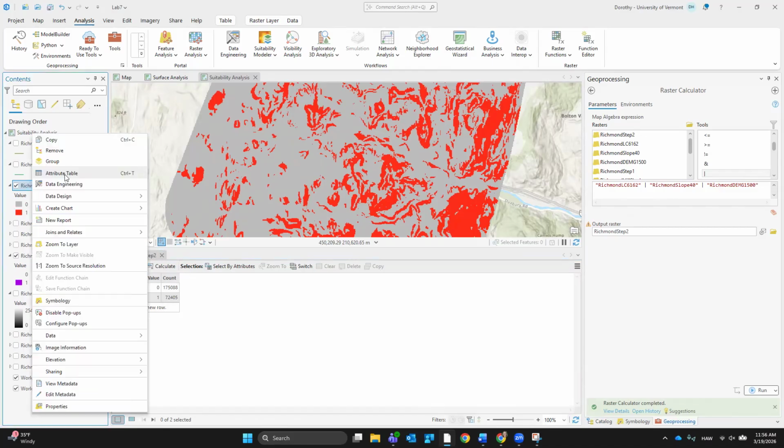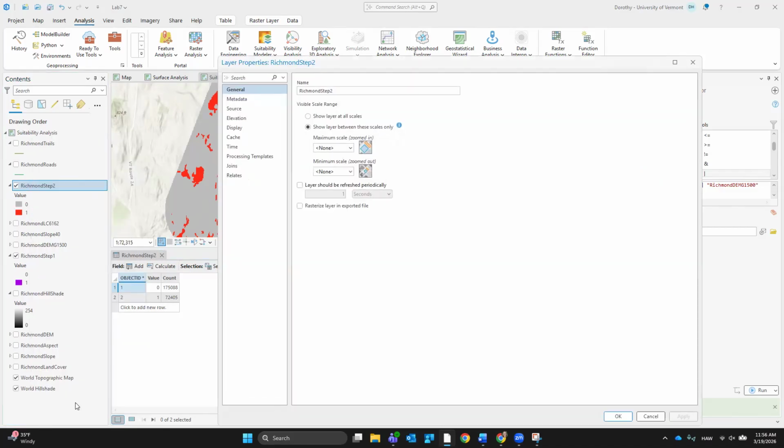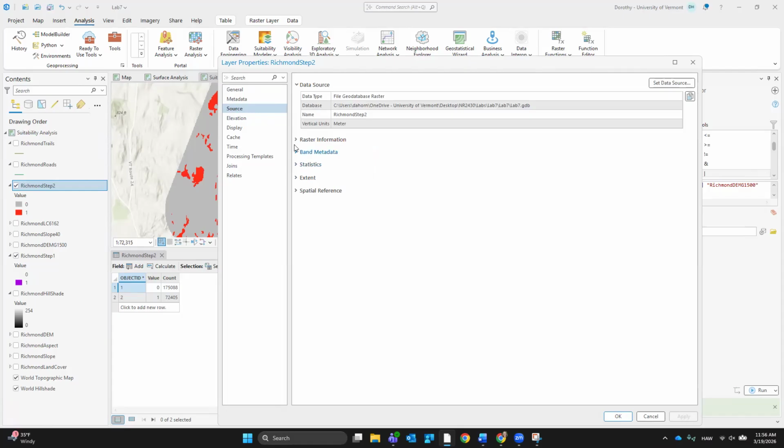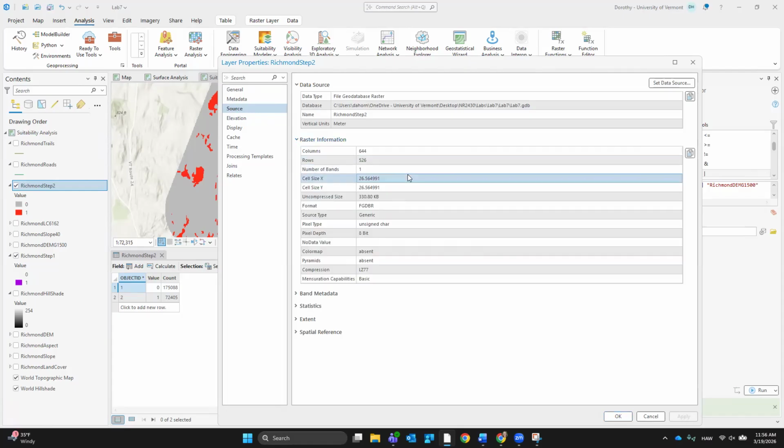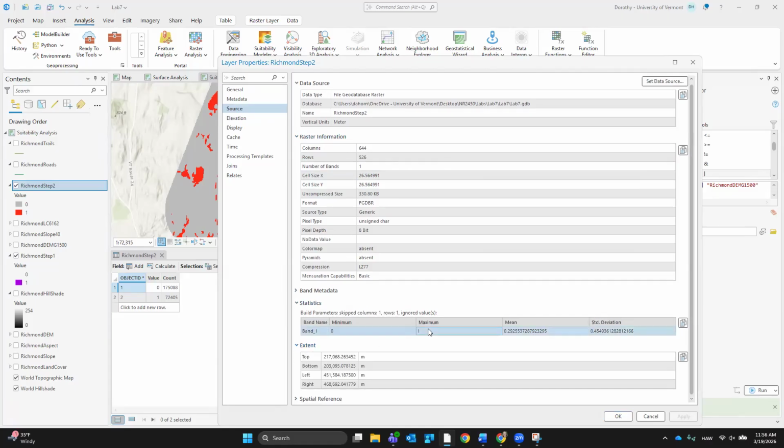I can always open up the properties because my brain is tired, and I go to source, and under raster information it tells me cell size is 26.5 by 26.5. Okay, is that right? Probably. What are my statistics? And it tells you the extent of your raster.